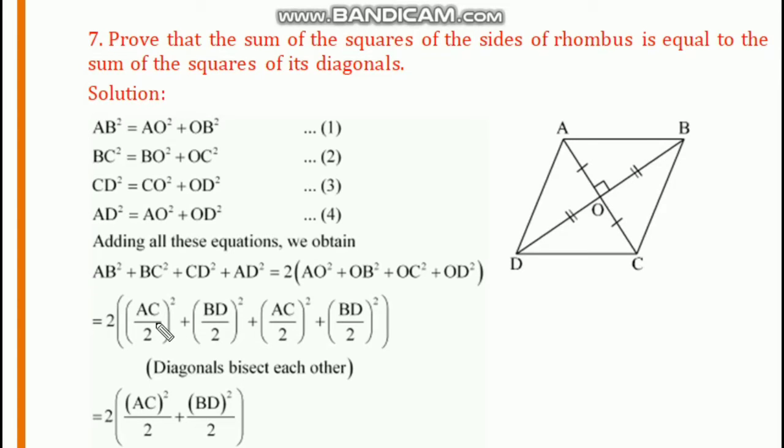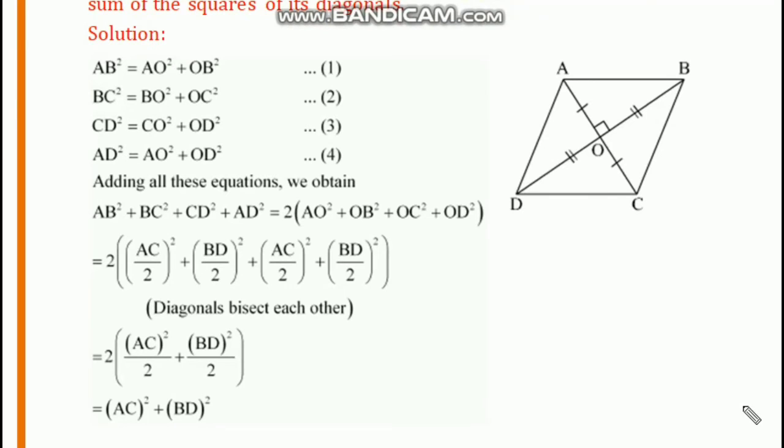Now see here, AC by 2 the whole square plus AC by 2 the whole square we can take 2 times, and BD by 2 the whole square plus BD by 2 the whole square we can take 2 times. So we can take 2 outside: AC square by 2 plus BD square by 2. Here 2 is common, so take LCM, then the 2 will be cancelled. So remaining AC square